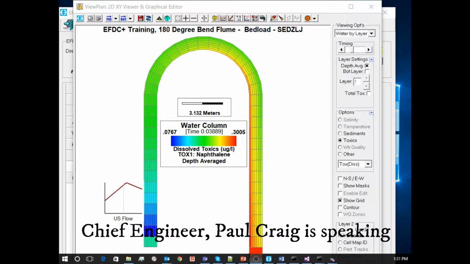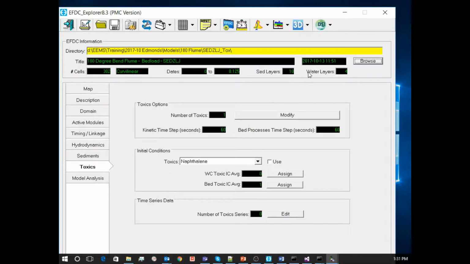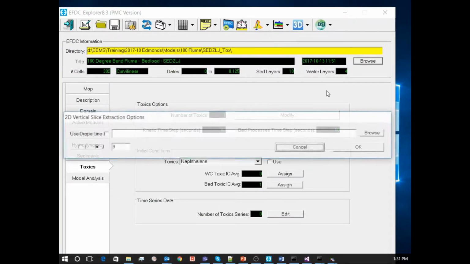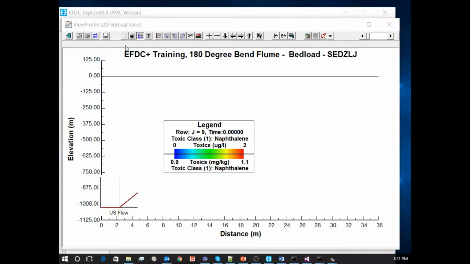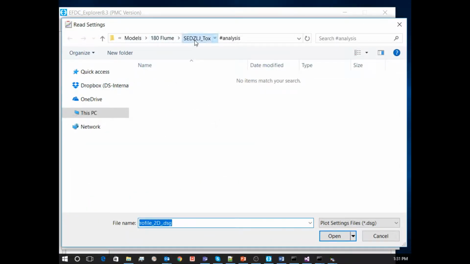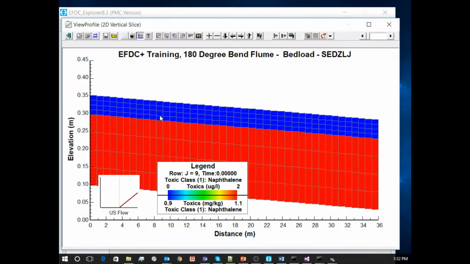Okay, so is everybody kind of getting the same behavior in their model? Then let's, actually I'm interested to see. I'm gonna go back to the profile and let's kind of scroll through the J's and kind of get a sense of